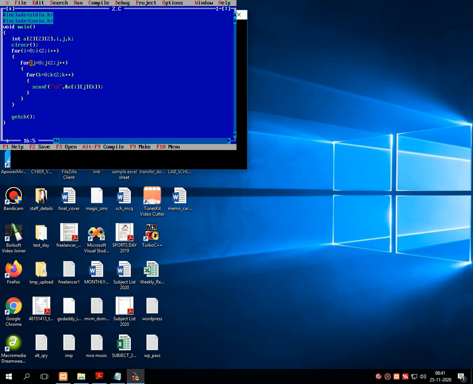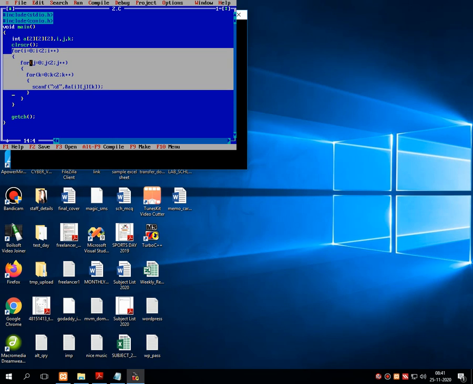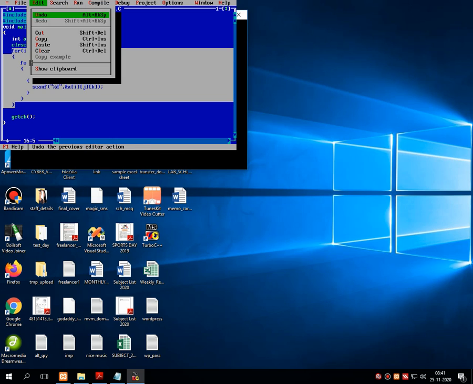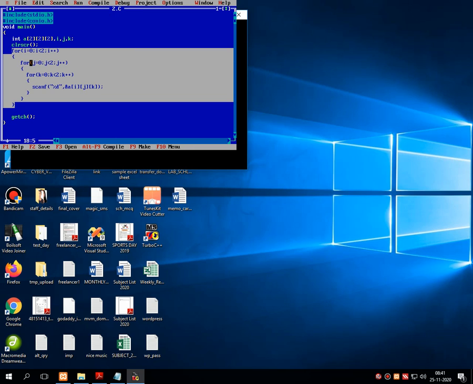Now this is for reading and storing the values in the multi-dimensional array. Now I would like to print all these values onto the screen. So for that, I am keeping this nested for loop structure as it is,